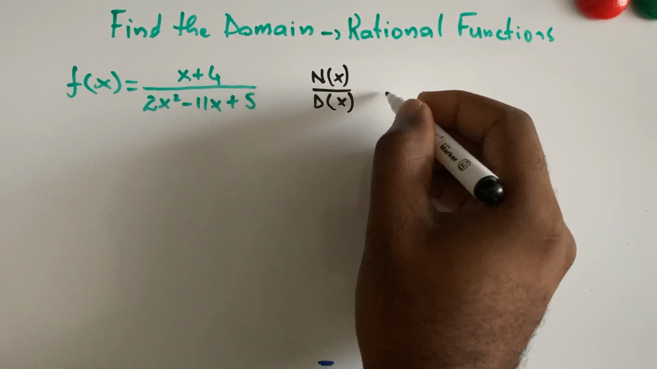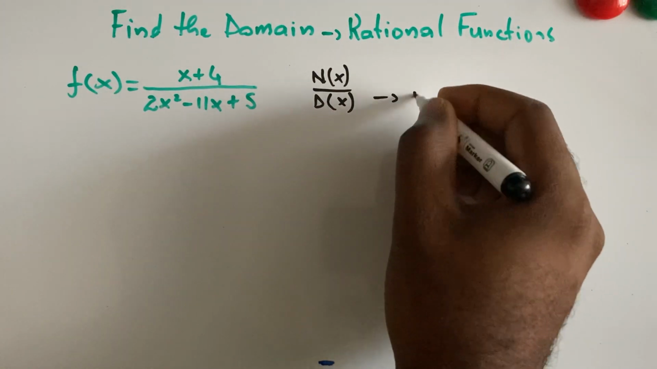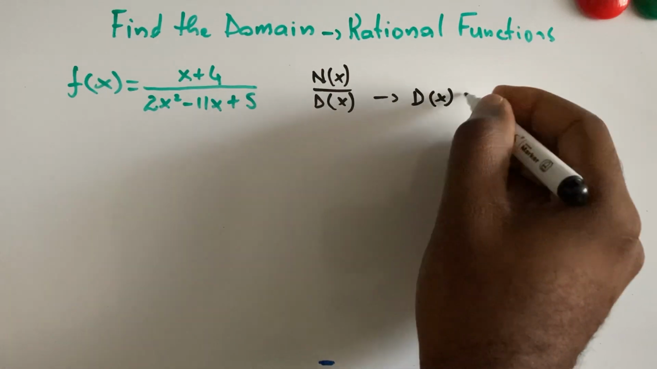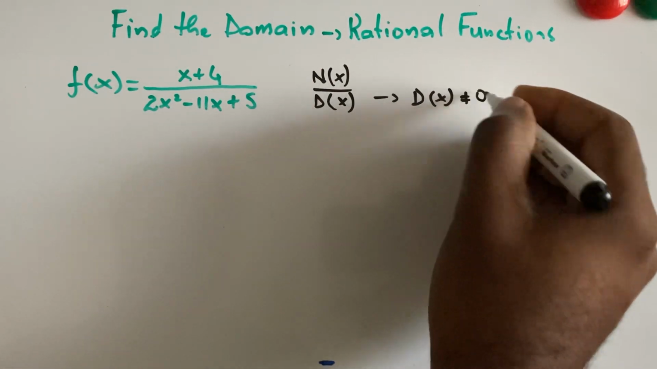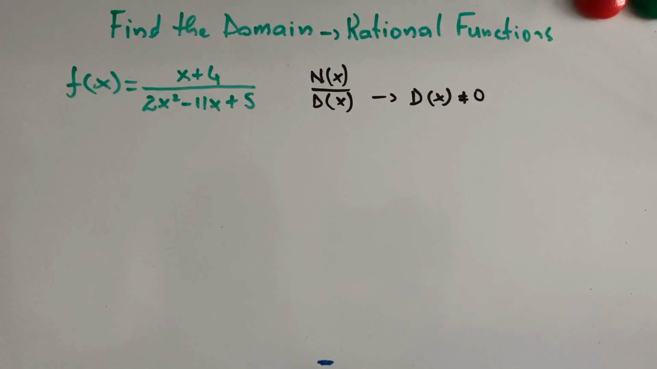And one thing to remember is that d of x in this case cannot be 0 because you cannot divide by 0, okay? And this is key, a very important thing to know when you're about to find the domain of such functions, okay? So having that in mind, if you have a function like this, f of x equals x plus 4